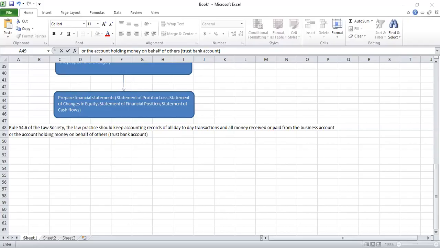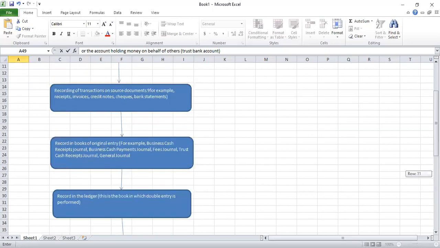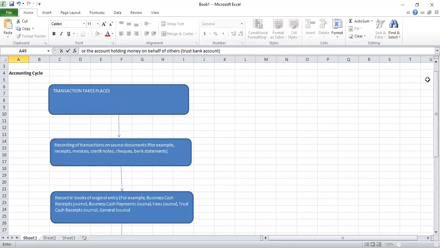So we're talking about the books of... Okay, let me just summarize. We're saying that every transaction is to pass through a series of processes in the accounting cycle. And we're saying the first thing that happens will be that the transaction will take place. After the transaction takes place, the second stage would be